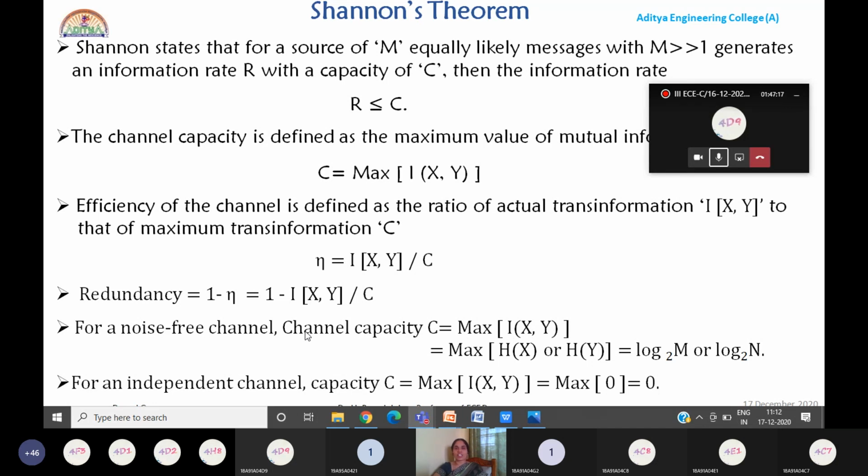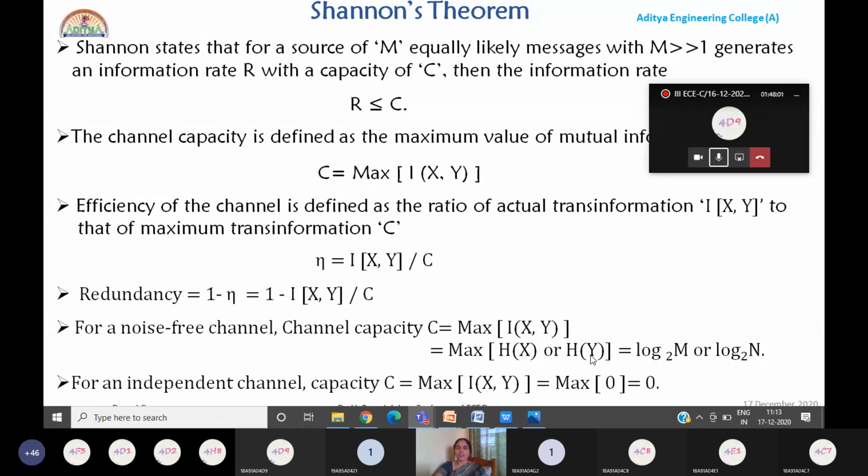But what is the relation between channel capacity and mutual information? Here in the second equation you can see channel capacity is the maximum of mutual information. For the noise free channel, mutual information is either h of x or h of y. Now can any one of you tell me what is the maximum value of entropy for m equally likely messages of the transmitter, h of x, or n equally likely messages of the receiver, h of y? I think we studied the sixth property of entropy. What is the sixth property of entropy? For m equally likely messages,